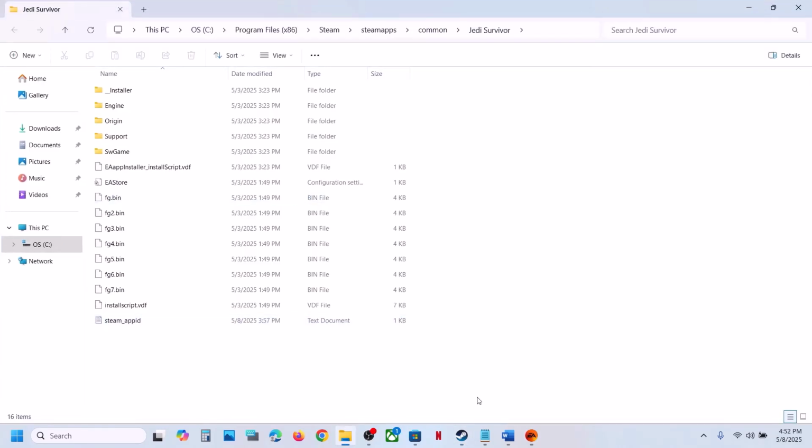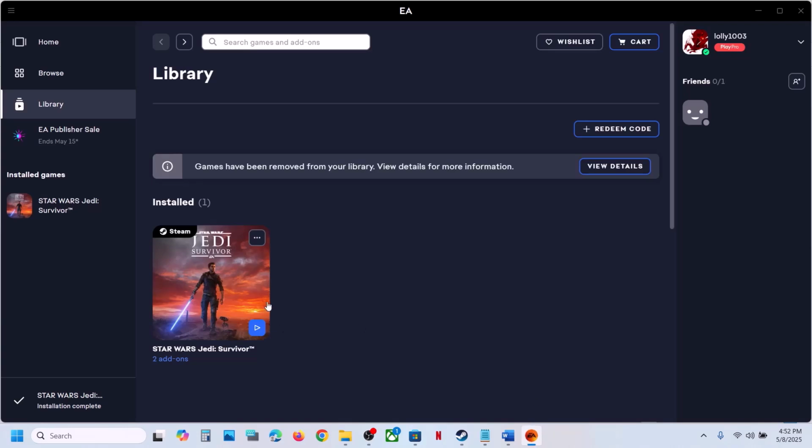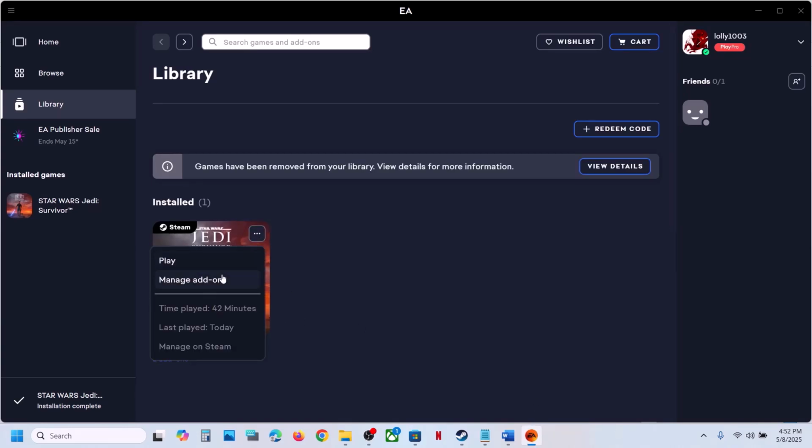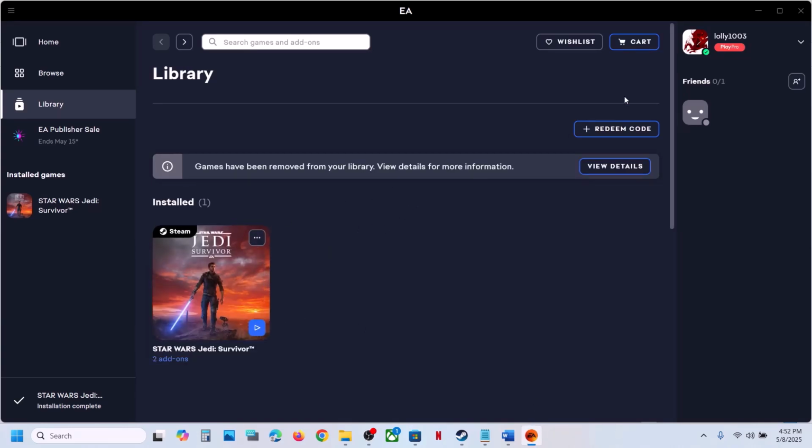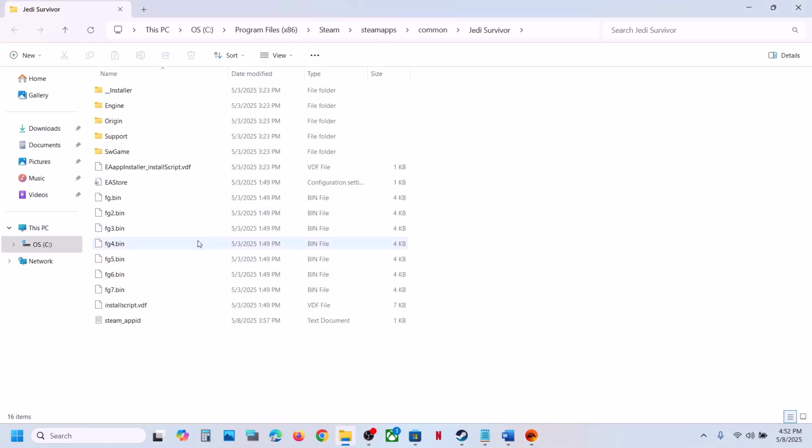It will take you to the game installation folder. If you have the game on EA app, you can click on these three dots, manage game, and then click on the folder icon and then go to the game installation folder. Now once you go to the game installation folder, open the installer folder